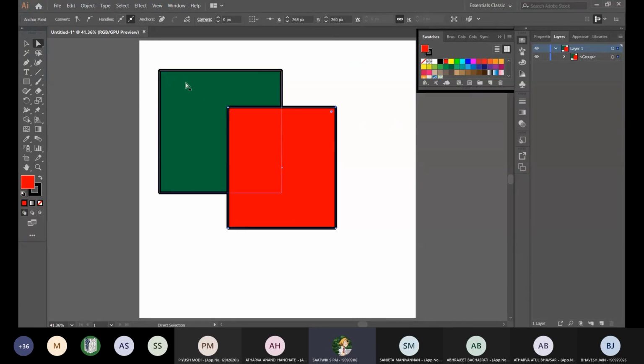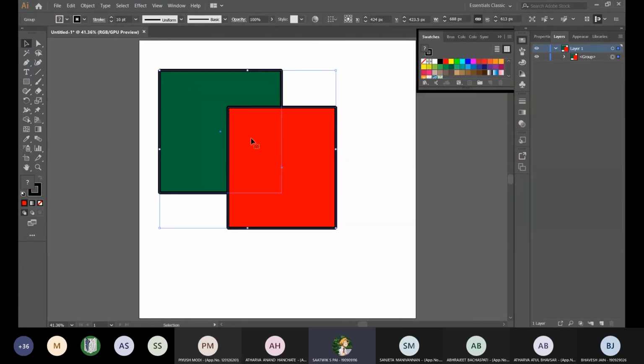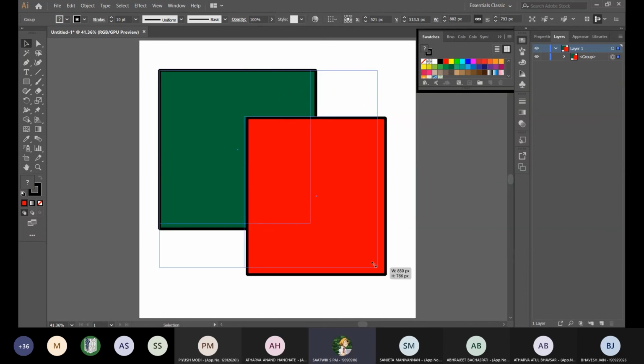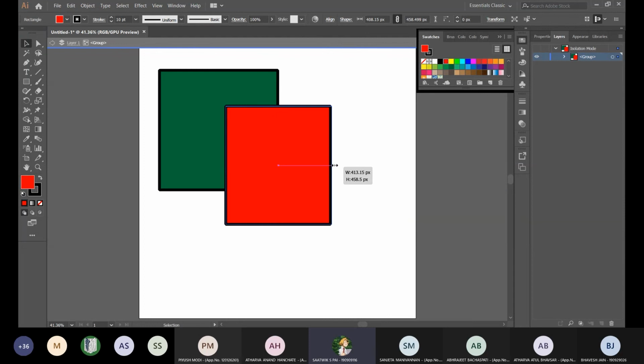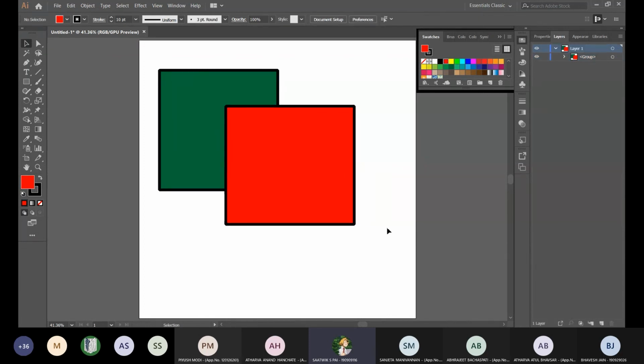But if I want to enlarge this with the selection tool, you won't be able to do that. If you want to, you'll have to select once, select twice, double click there, then you can select them independently. Then you'll go into the group. Right now I'm out of the group.